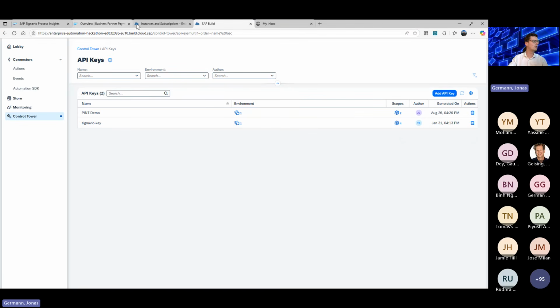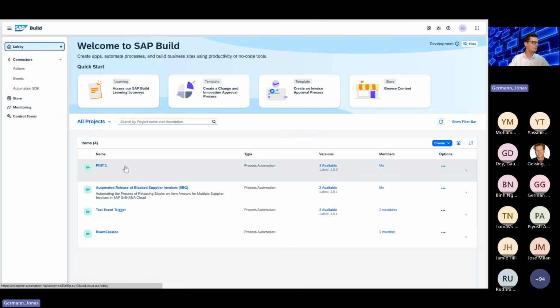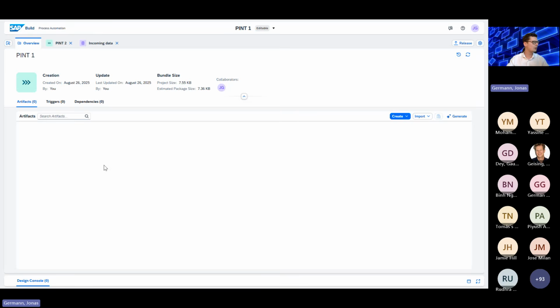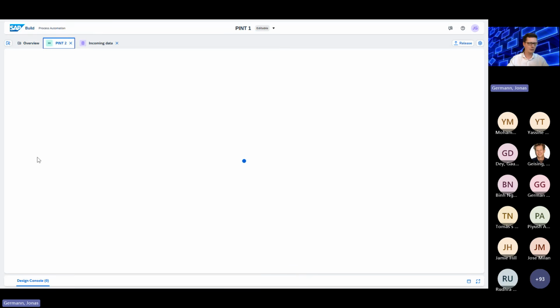Now I show you, I put this away. I have this Microsoft Teams bar here. I show you what I created in the SAP Build lobby. Here I have a process, and it's very simple. Of course, you can make my use case way larger and more complex, okay? In SAP Build Process Automation, I have here one very small, simple process, which is only a trigger and a form, but it should work in our demo right now.